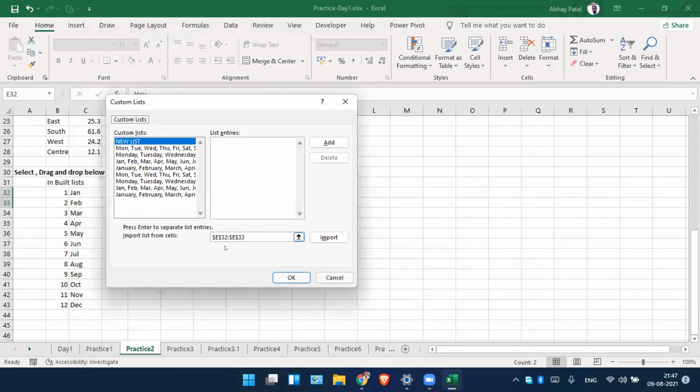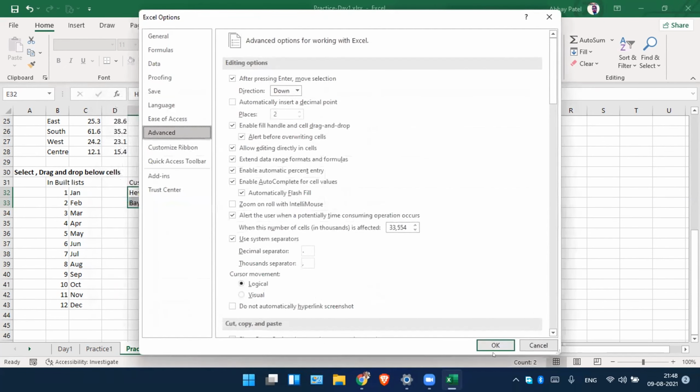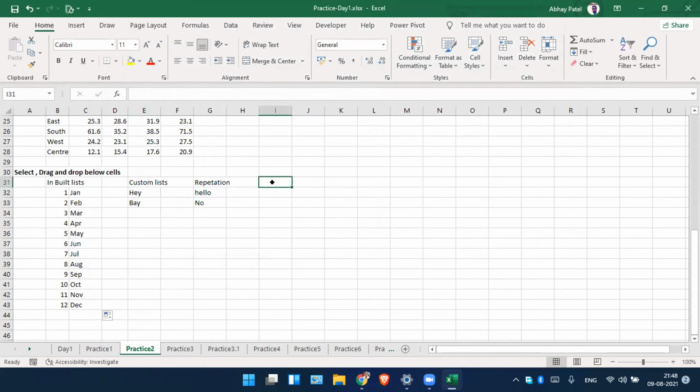Here you can create your own list. In list entries, just write any numbers, like 111, 222, 333, 444, 555, 888, and add it. Press OK. Now if you write 111 and 222 somewhere and drag it down,